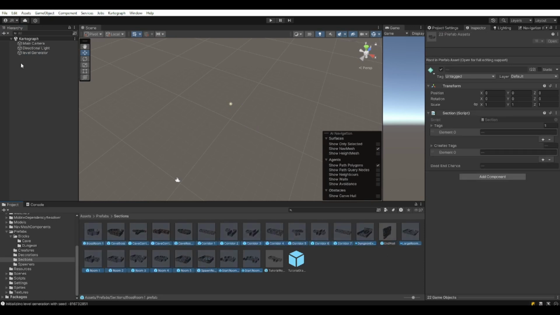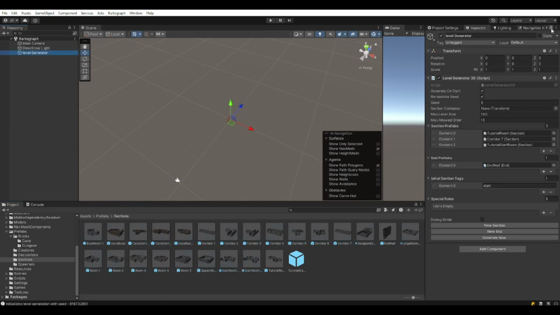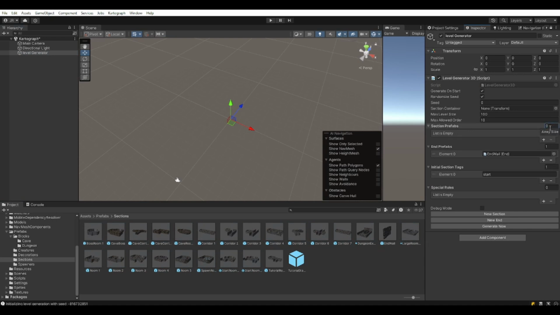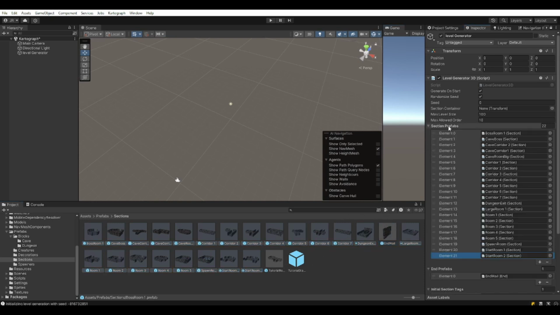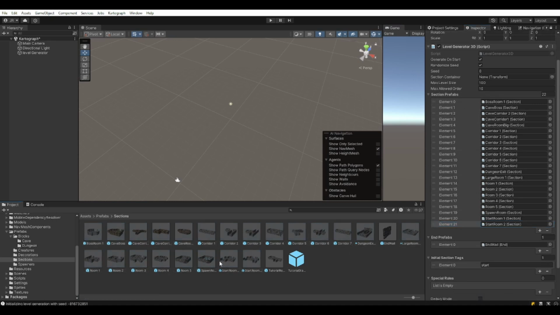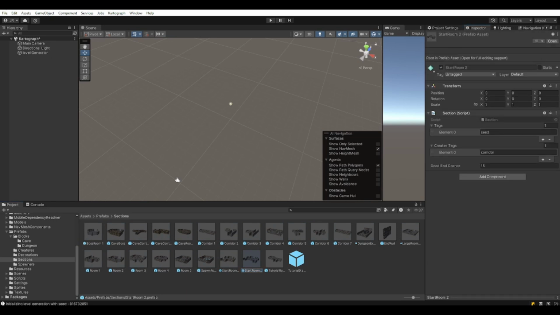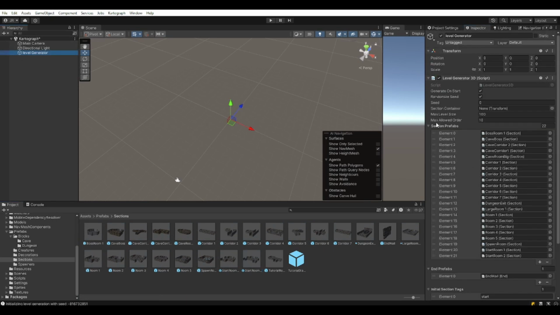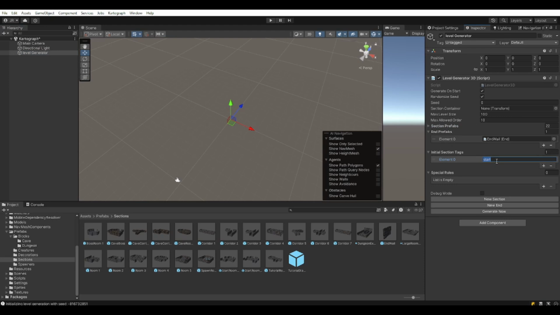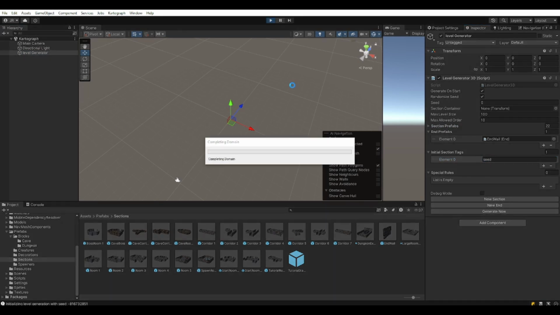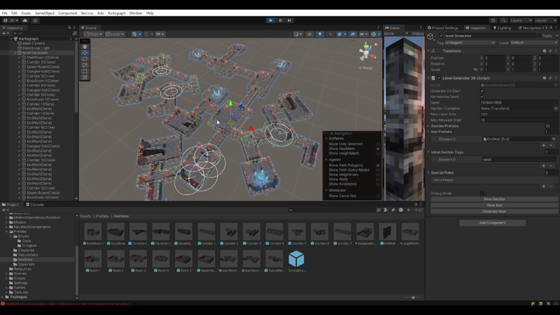So for example, if I go and add all of these sections, let's just reset this array and forget about the tutorial ones, and we're just going to take this into the section prefabs. And if I remember correctly, this one actually is the different tag, right? It's not start, it's seed. There we go. So now we have a seed here. And if we go around and say press play, we're going to have a very different